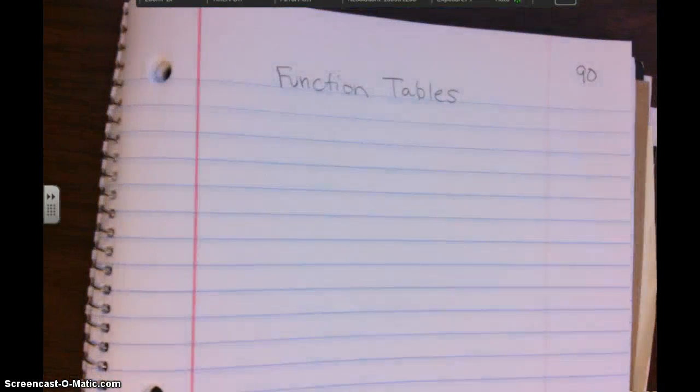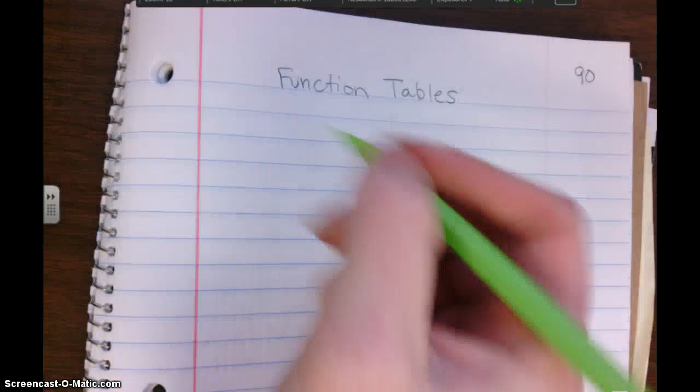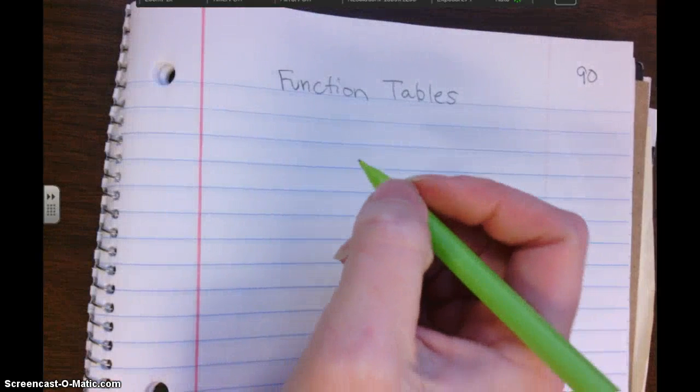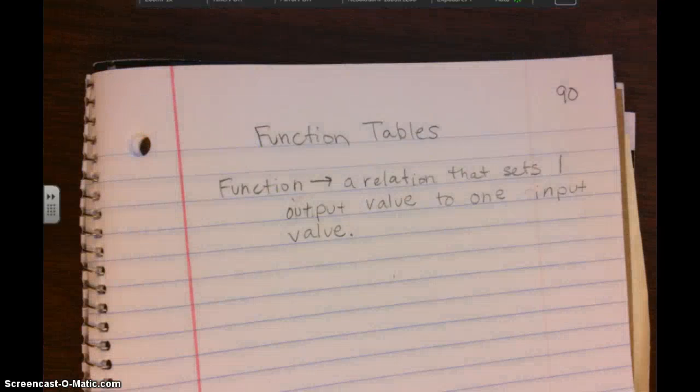And let's talk about some vocabulary. First of all, what in the world is a function? A function is simply a relation that assigns exactly one output value to one input value. So in your notebooks, please write that a function is a relation that sets one output value to exactly one